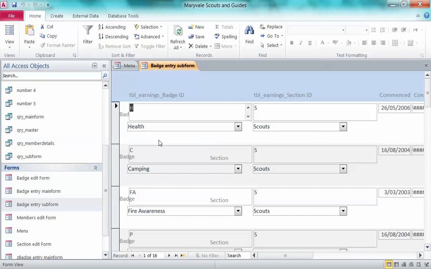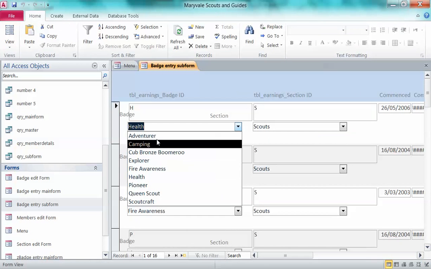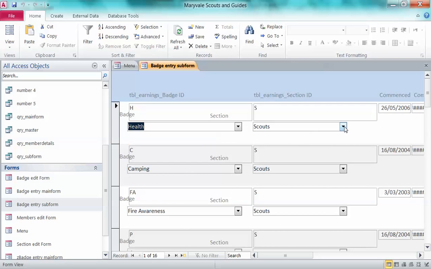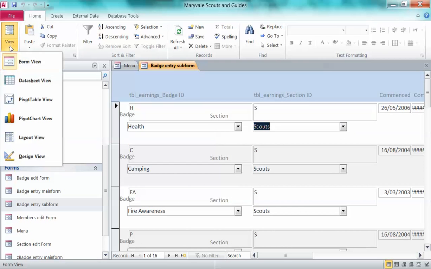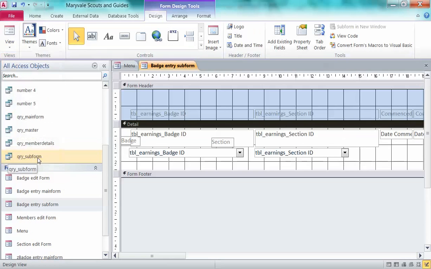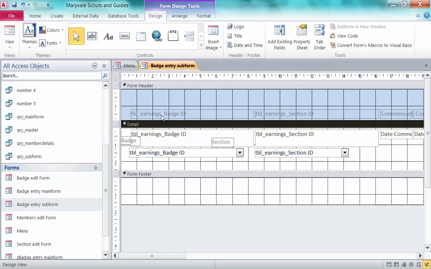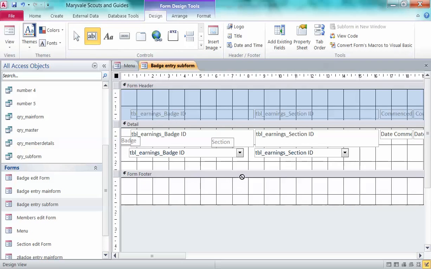So in form view, I can see that the drop down box for the badge is working, and also for the section. It may also be appropriate to display some further information, in this case the number of badges earned, or the number of badges being attempted by a member. So in the form footer of just the subform, I include a text box,